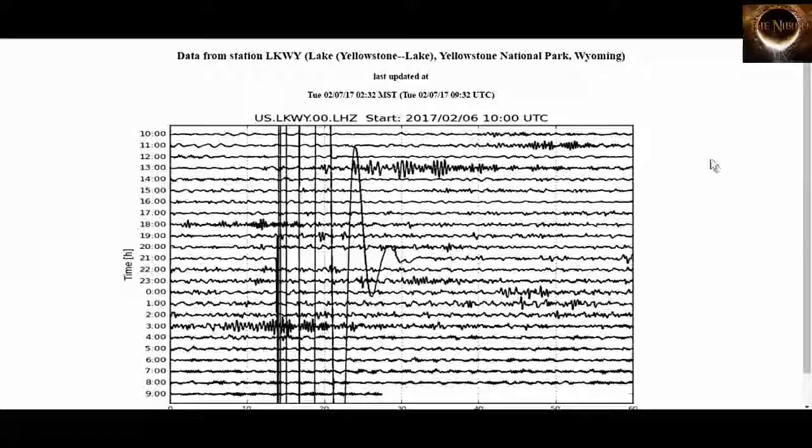It is February 7th, 2017, and we were just looking at some data coming in from Yellowstone. But what we're looking at here are these, what started out as small harmonic tremors. And then we have another one here that I'm circling, and then another one here, a smaller one here, and then another one here where you can see my cursor. Now these